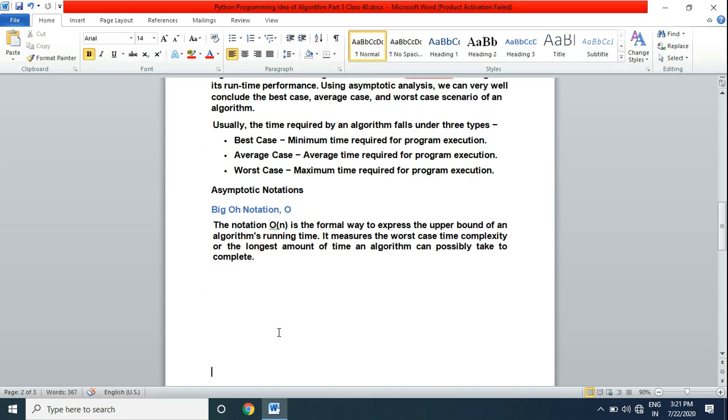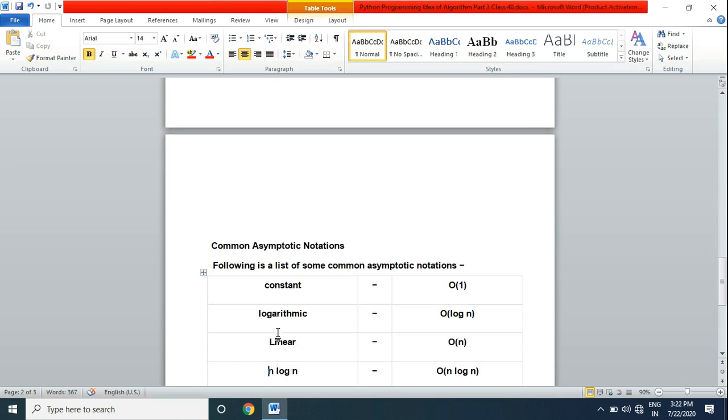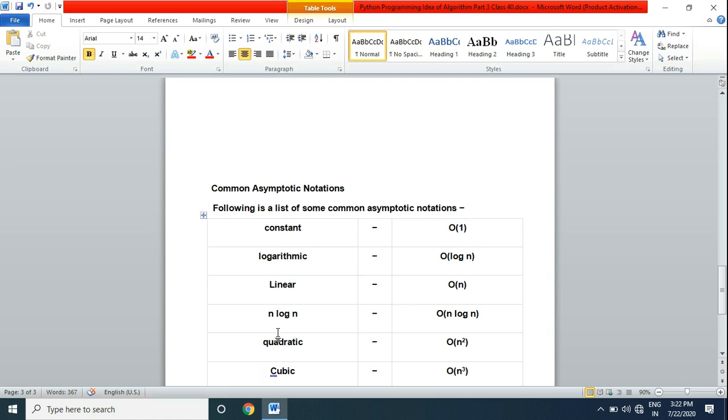We have some common asymptotic notations, which we will understand in later classes. If our program's time complexity is constant, we write O(1). If it is logarithmic, it is O(log n). If our program is linear, like linear search, its big O notation is O(n).